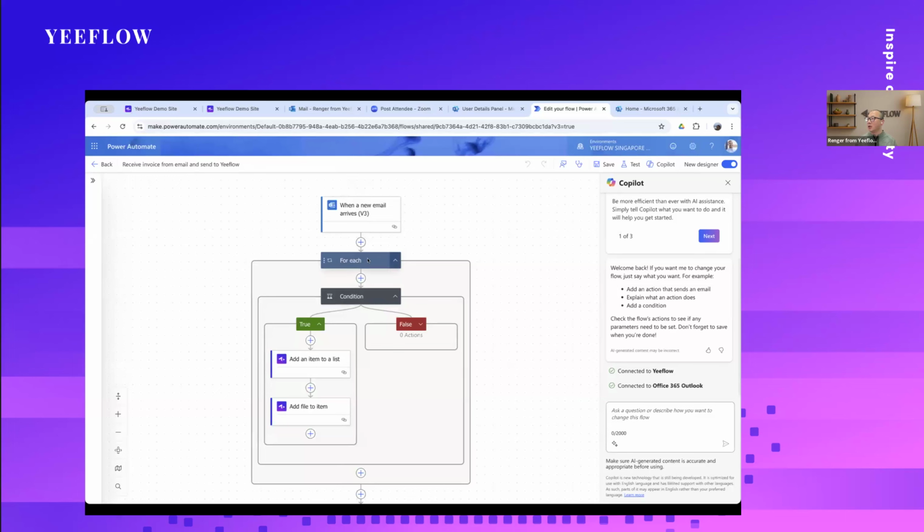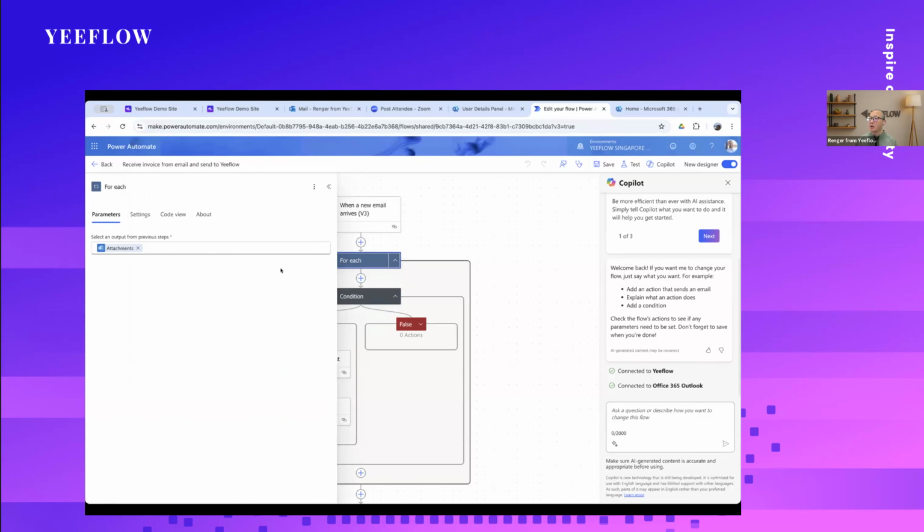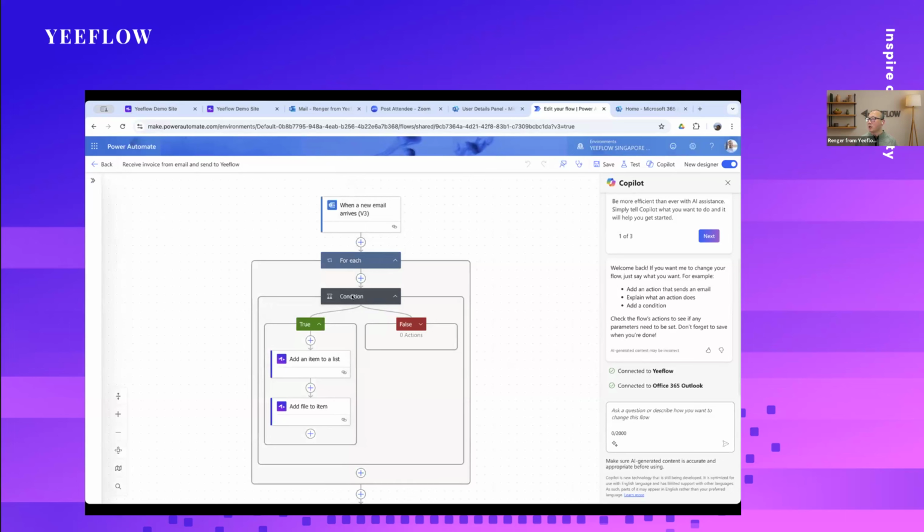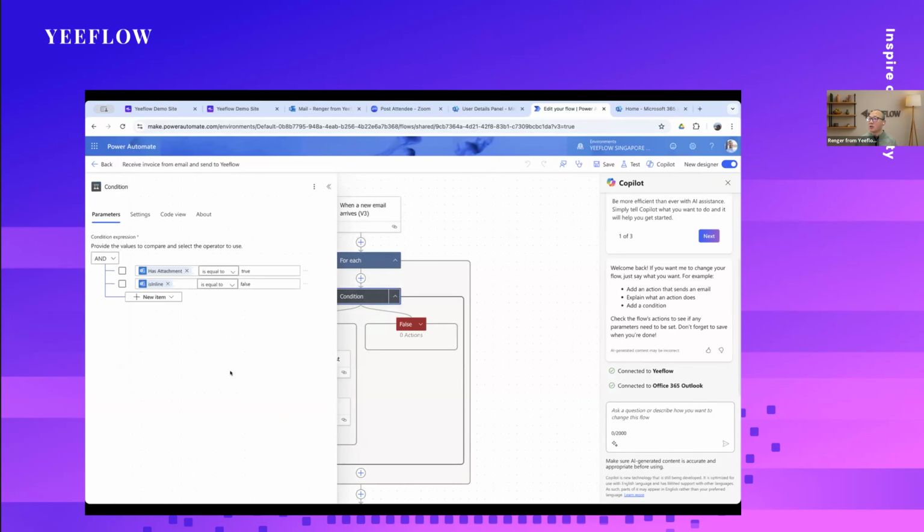Okay, so this is the one. And then another one is, let's say we have the for each. So for the email, we check all the attachments. Maybe they have 1 or 2 attachments in one email. Okay, so we check the attachments and we check about the condition here. Okay, firstly, for each of the attachments,